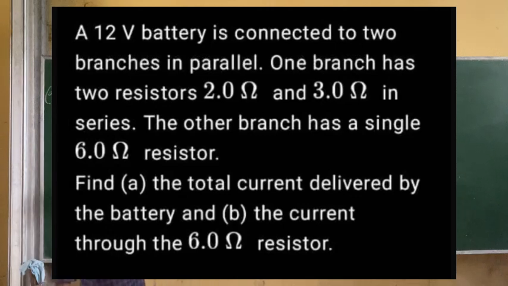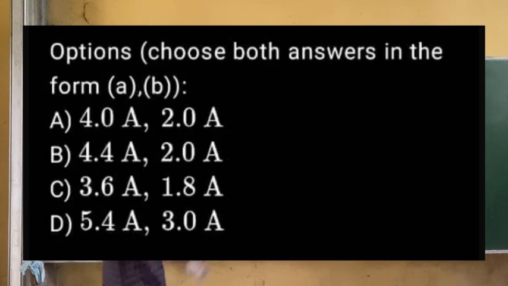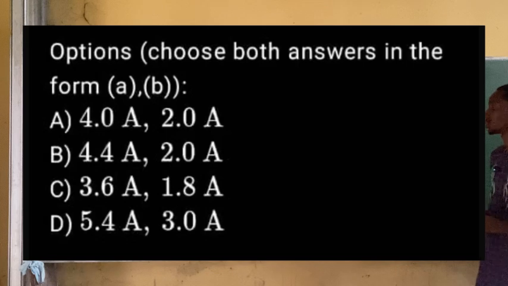They gave us option A, 4.0 amps and 2.0 amps. Option B, 4.4 amps and 2.0 amps. Option C, 3.6 amps and 1.8 amps. Option D, we have 5.4 amps and 3.0 amps. Now, what we need to do here,